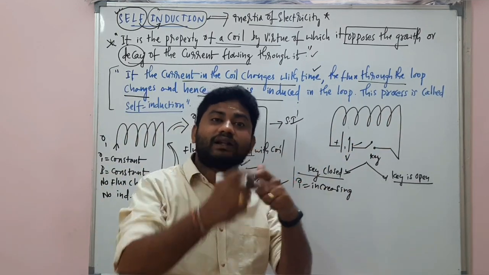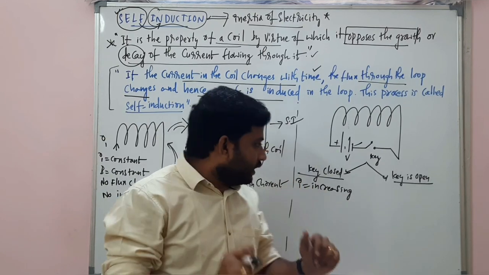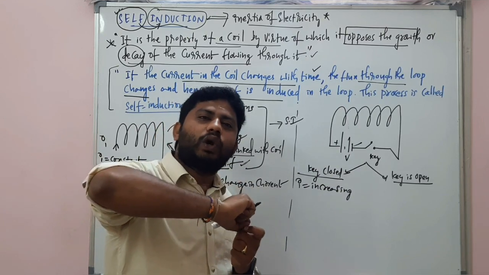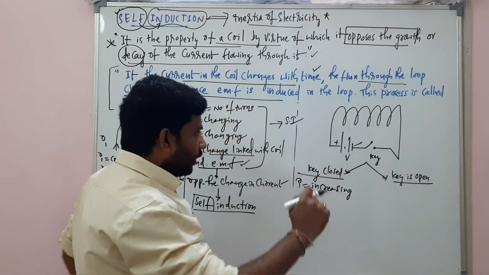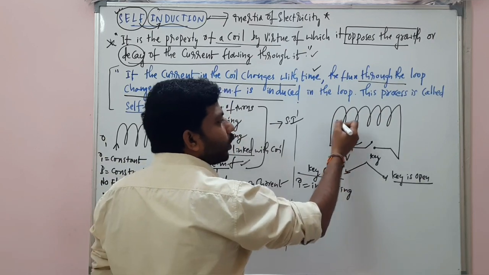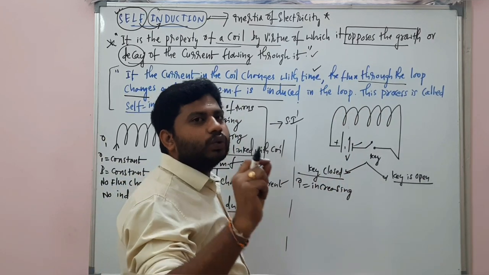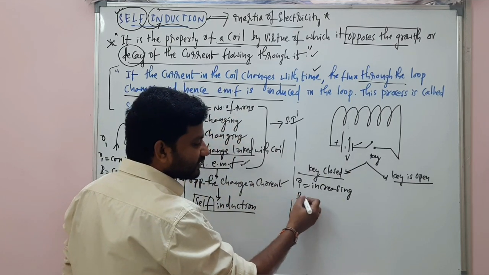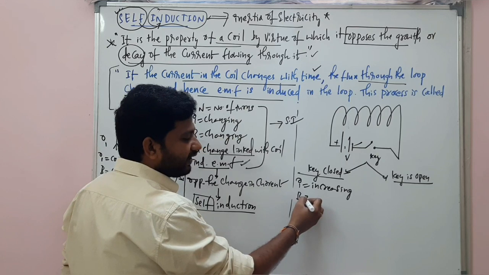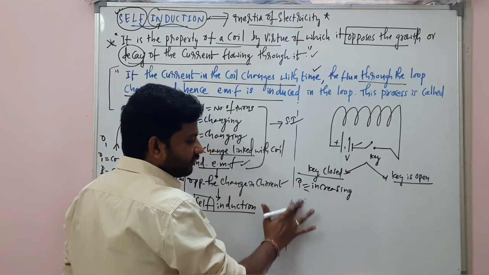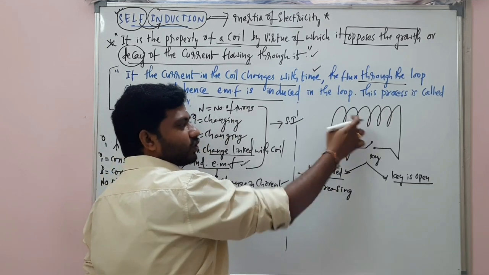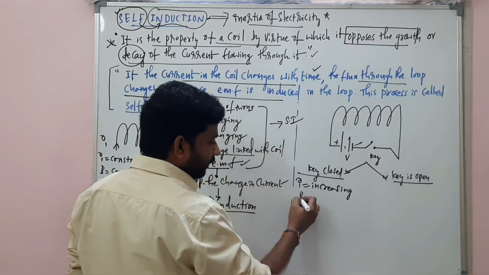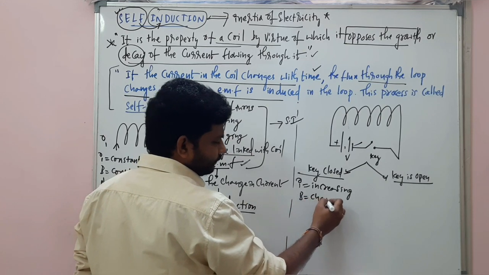It is a circular coil. Understand? At an instant, the current value will not reach the peak. The current value slowly increases. When the current value slowly increases, what happens? There is a magnetic flux associated. There is a magnetic field associated with this. Because of the current increasing, there is a magnetic field associated with the coil. So B is also changing.